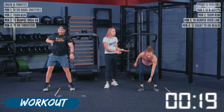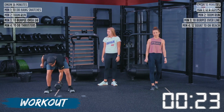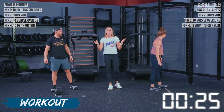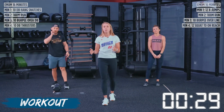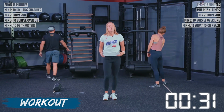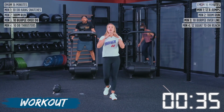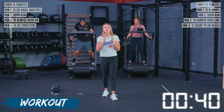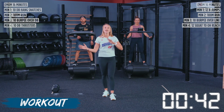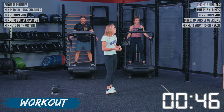We got 12 reps going on and 10 reps. All right, finish that up, which this is actually an EMOM style workout, on the minute workout, whichever way you want to call it. What it means is we have a clock rolling. It is going to be you work for the minute and you do the amount of reps that is listed, and then you rest the remainder of that minute before moving on to the next movement,